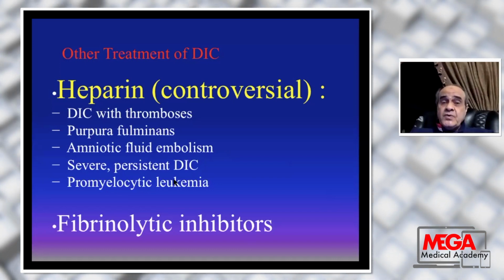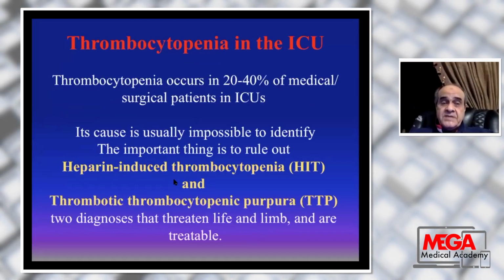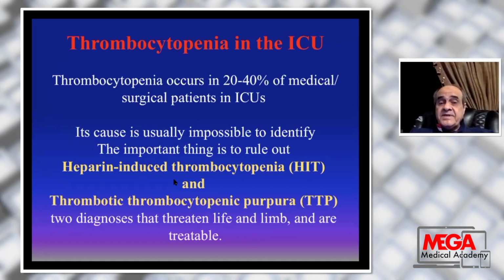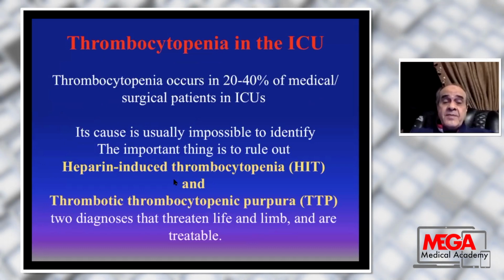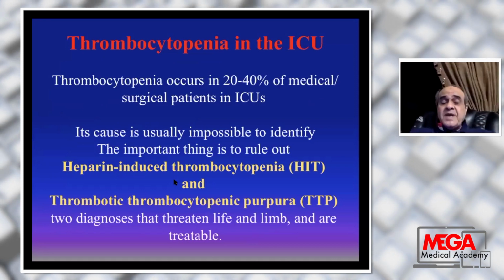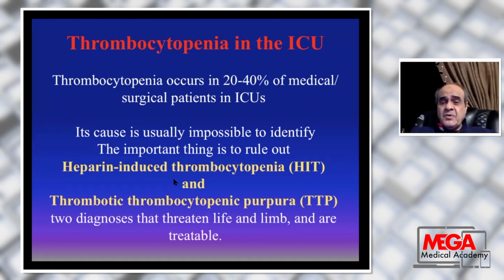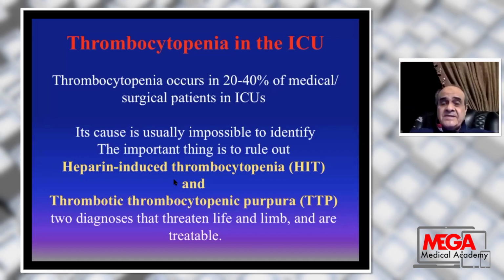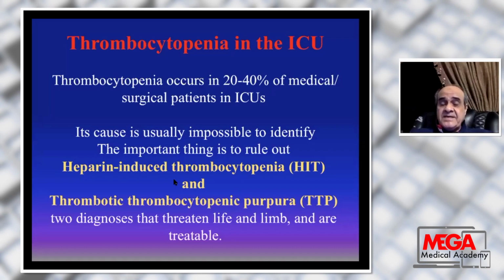Thrombocytopenia in the ICU occurs in 20 to 40% of medical and surgical patients, and its cause is usually impossible to identify. The important thing is to rule out heparin-induced thrombocytopenia and TTP. All the microangiopathic disorders we have to exclude, such as TTP and HELLP syndrome,